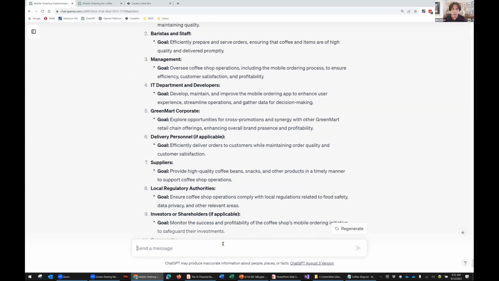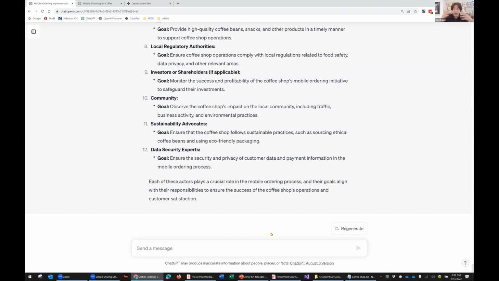And now what I want is a process model. I want a description of, walk me through the process of a customer that starts with a customer placing an order and ends with the customer receiving coffee.